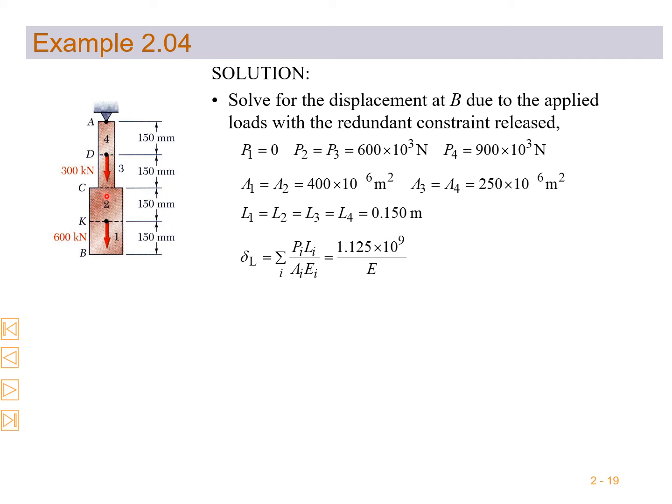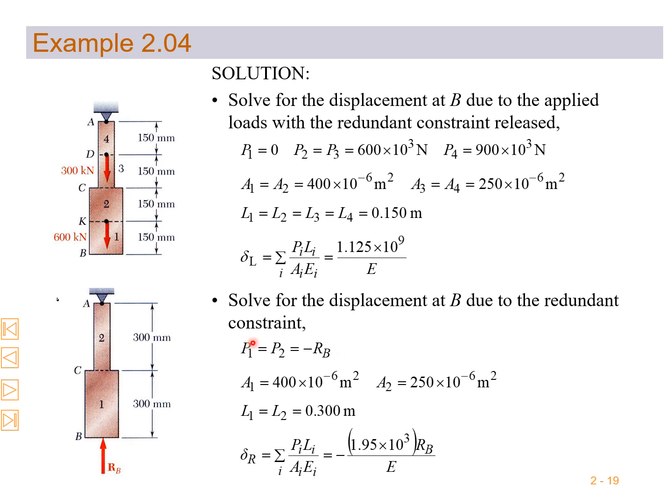So P1 equals 0, P2 and P3 equal 600 kilonewton. 1, 2, 3 in third location. P4 is 900. A1, A2, A3, A4 are the same. L1, L2, L3, L4 equal to 0.150. It's equally distributed. So we will solve for the displacement at B